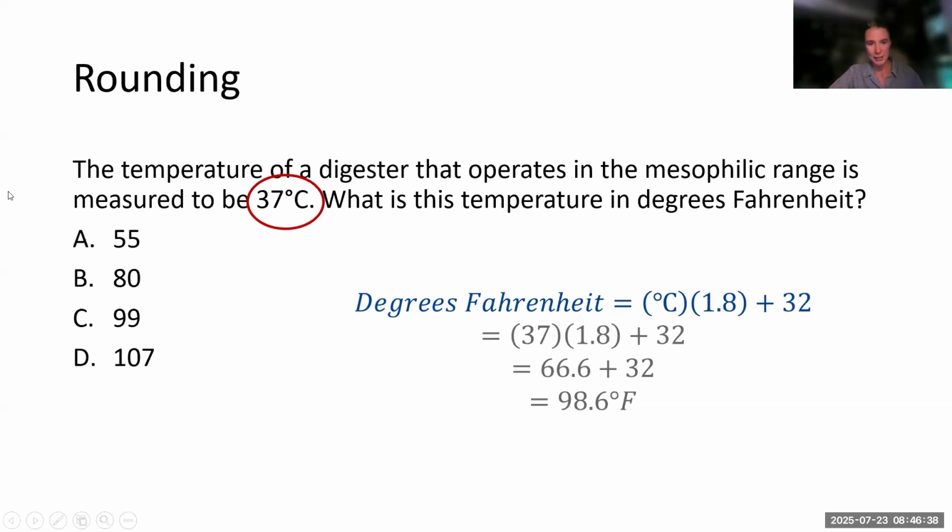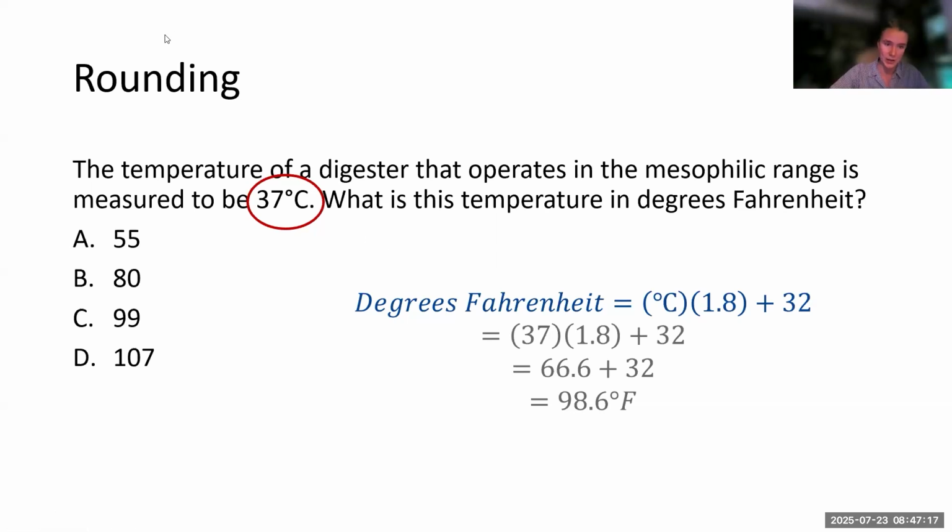So they give us one number and it's 37 degrees Celsius. So degrees Fahrenheit is our variable that we're trying to solve for. It's our X or what have you. And we can plug in 37 for the degrees Celsius. And then we have a perfect little equation that we can just plug into our calculator. Just make sure that you're doing the PEMDAS order of operations. We're going to do that multiplication first before we do the addition. So we'll do 37 times 1.8, and then that's going to be 66.6, and then we'll add 32 to that, and that gives us an answer of